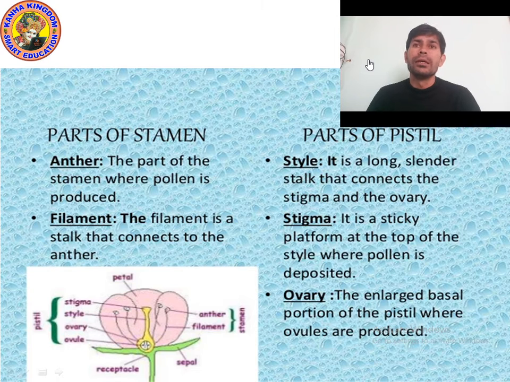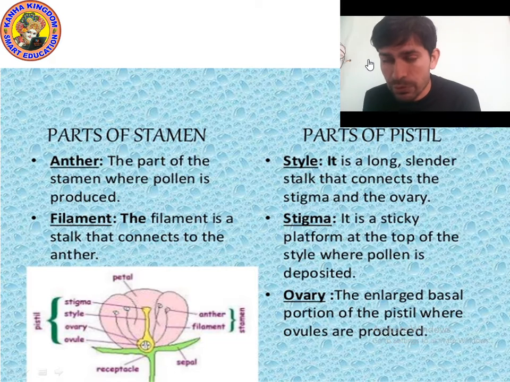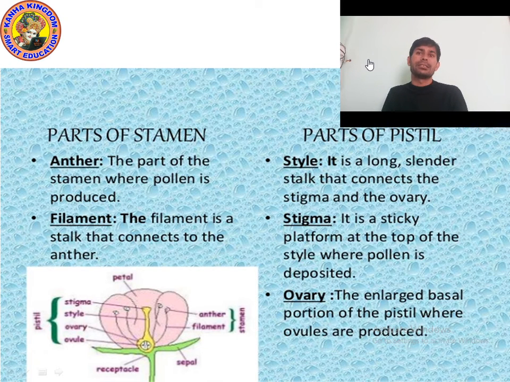Okay, and next is filament. Filament is the bottom part, which is actually thread like. Yes, the filament is a stalk that connects to the anther. Yes, it connects to the anther. And